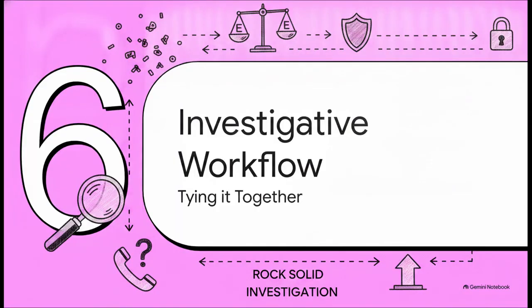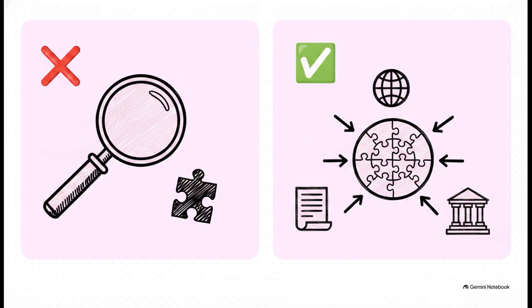Finally, Section 6. The complete investigative workflow, tying it together. Look, finding the data is really only half the battle. The other half is ensuring our investigation is rock solid and completely evidence-based. This right here might be the single most important concept in OSINT. You absolutely must remember that correlation is not corroboration. Just because a reverse phone lookup tool says a number belongs to John Doe, well, that doesn't make it a fact. That's just low-confidence correlation. High-confidence corroboration means taking that initial finding and proving it by matching the number across multiple independent public sources, like verifying it appears on John Doe's business website, matches his historical domain registration, and shows up on a public PDF